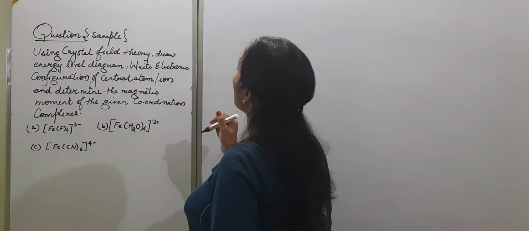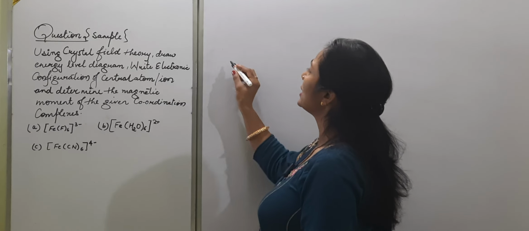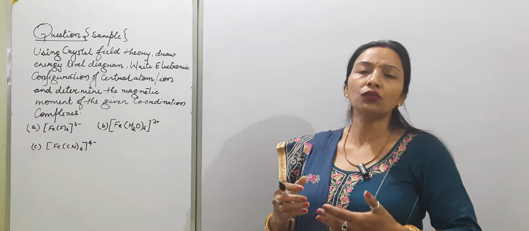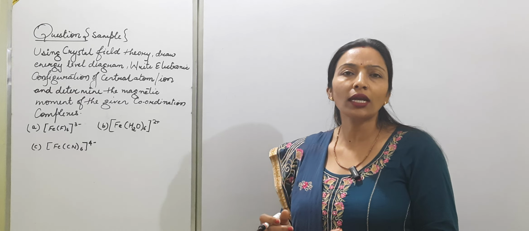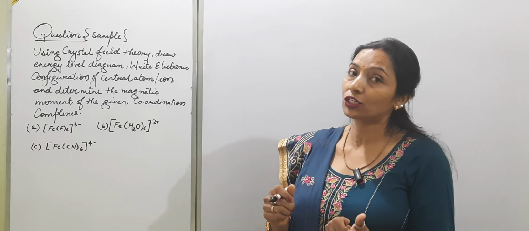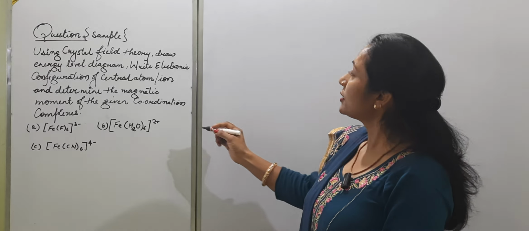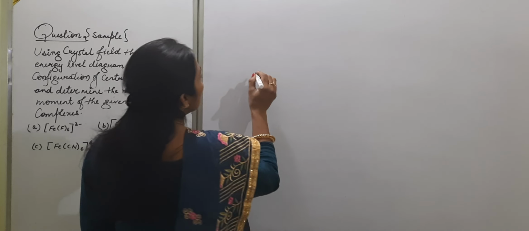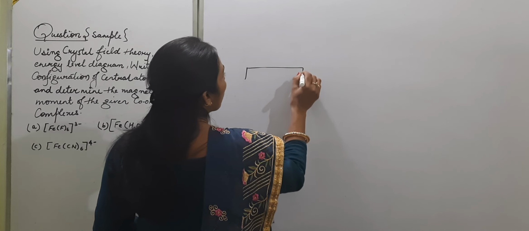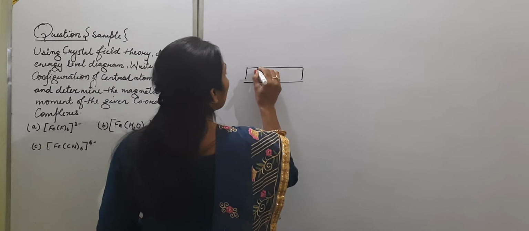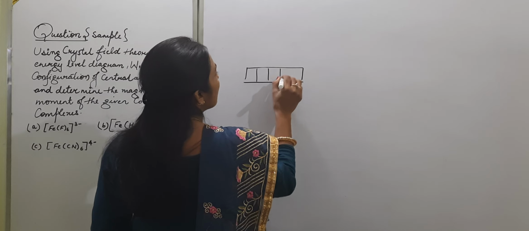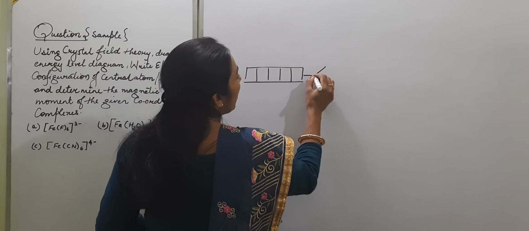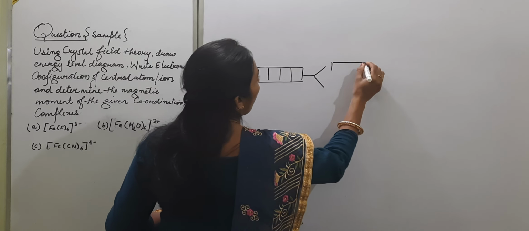So using crystal field theory. I'm just giving a quick recap on that. Otherwise you can subscribe to my channel and get my video lecture on this topic. Crystal field theory is saying the degenerate means talking about the d orbitals, and those d orbitals are divided into two parts,